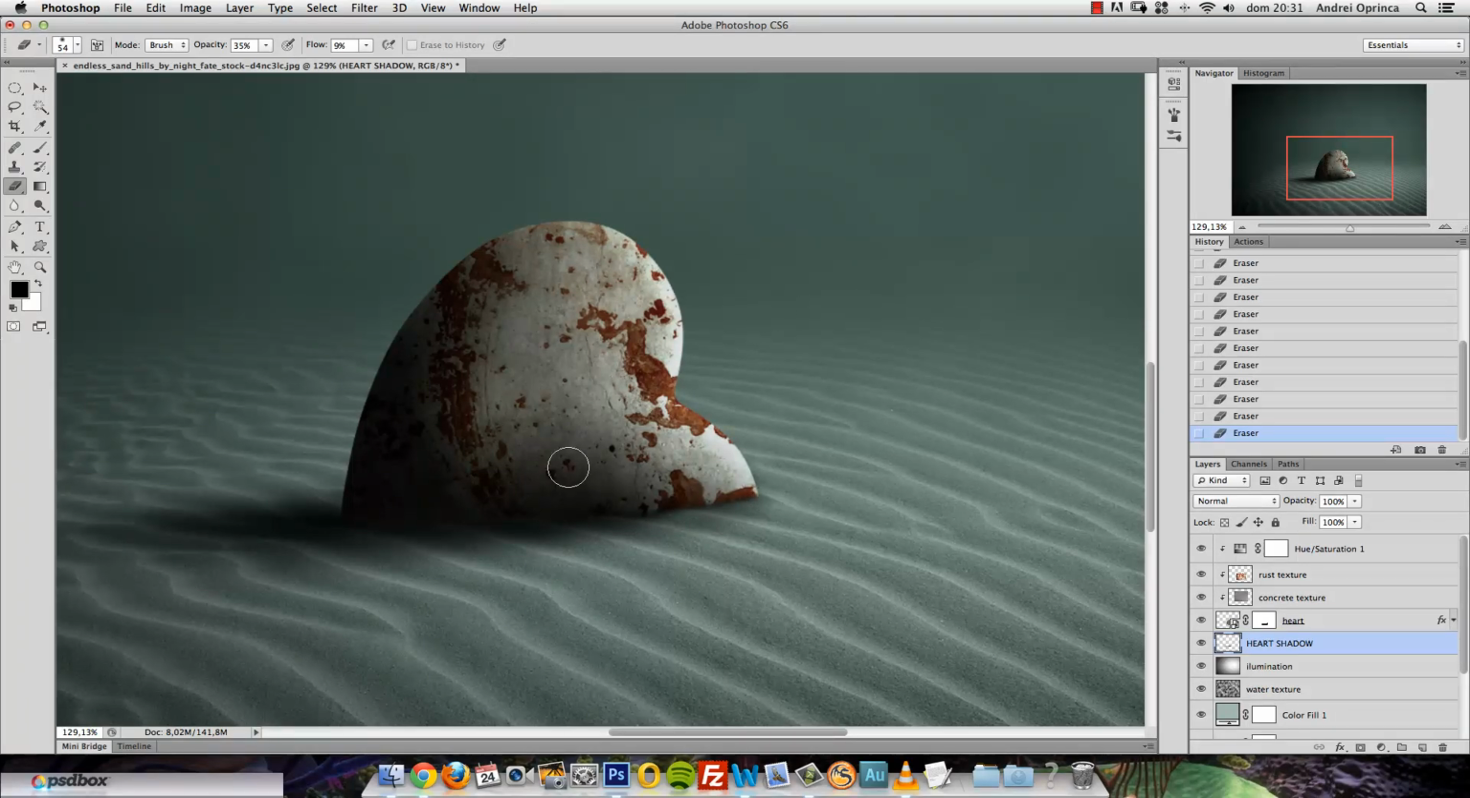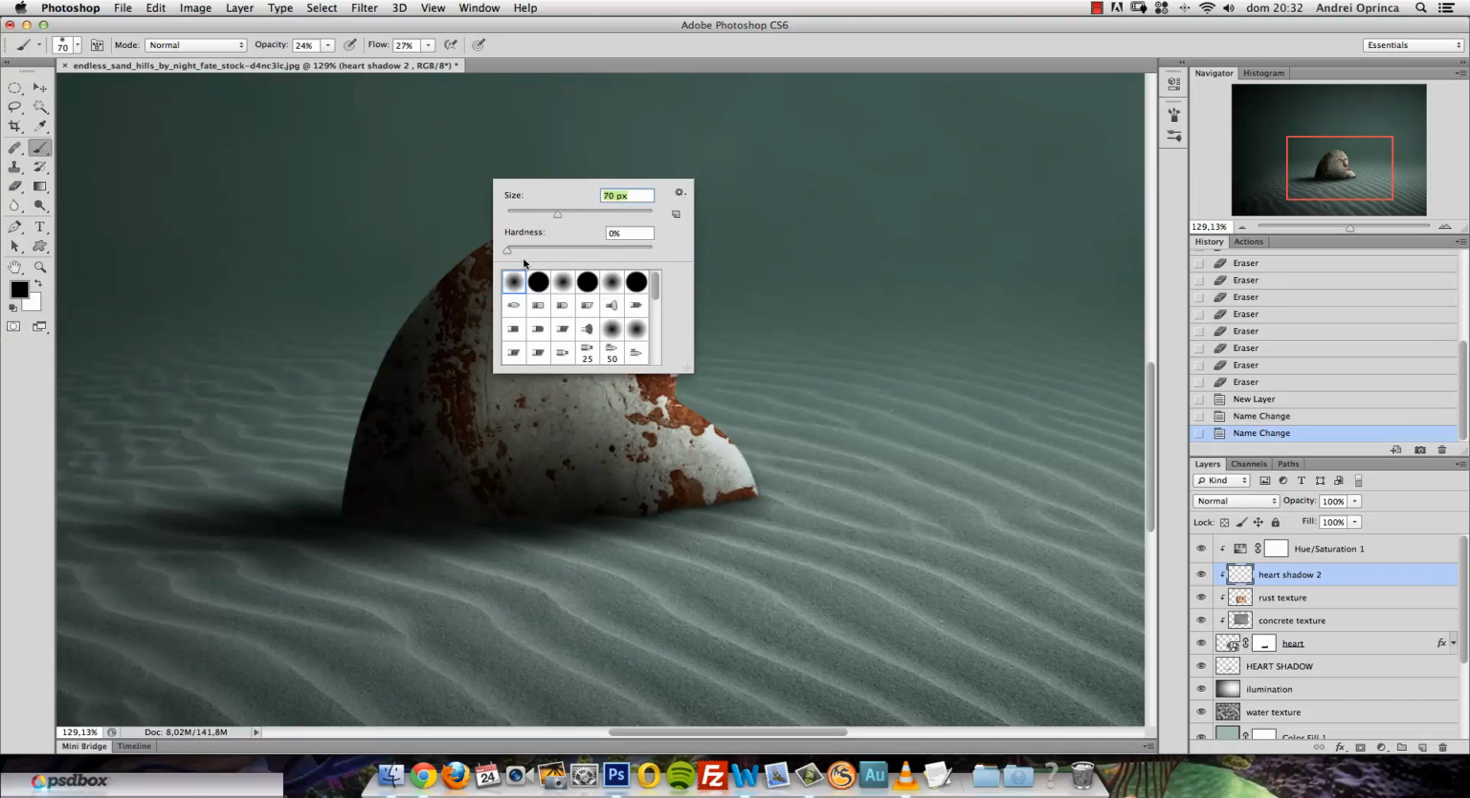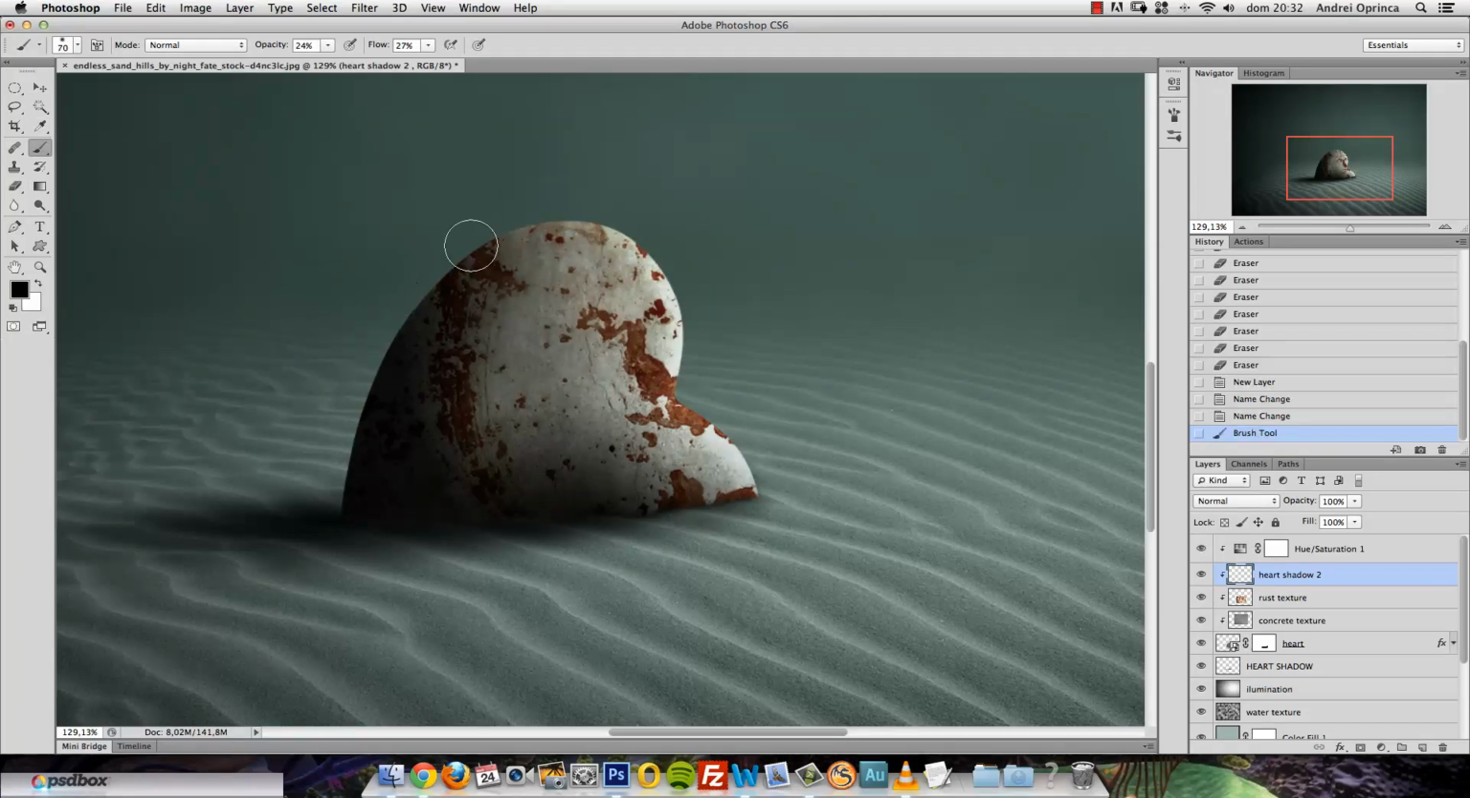So this is the shadows that I made. Then, as I said, I made another set of shadows over the heart itself. So I created a new layer as a clipping mask. So just select one clipping mask layer and create a new layer. And I'll name this Hard Shadow 2, and with the brush tool, low opacity and flow about 25%, hardness set to 0, just paint